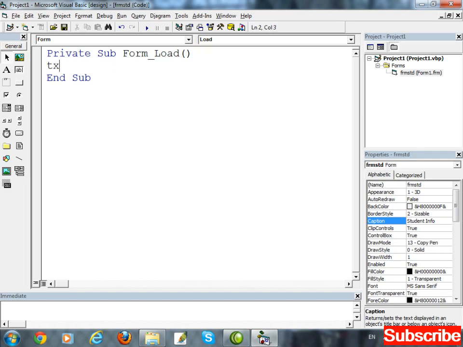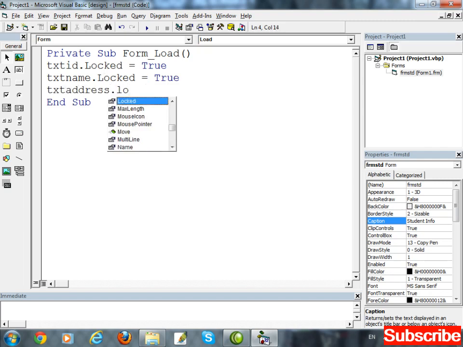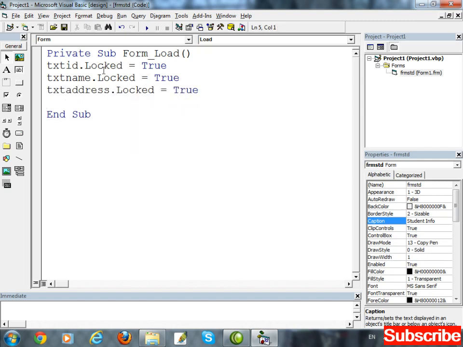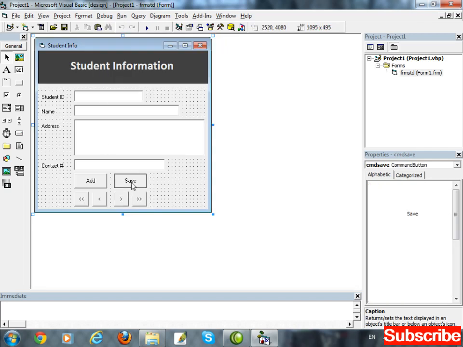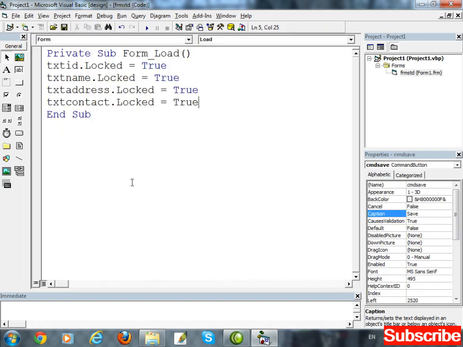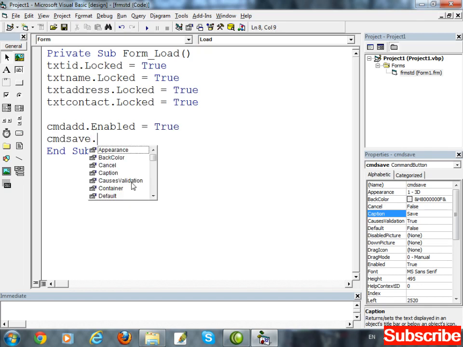So write txt id dot locked equal to true, txt name dot locked equal to true, txt address dot locked equal to true, and txt contact dot locked equal to true. Also I want to disable the save button: cmd add dot enabled equal to true, and cmd save dot enabled equal to false.